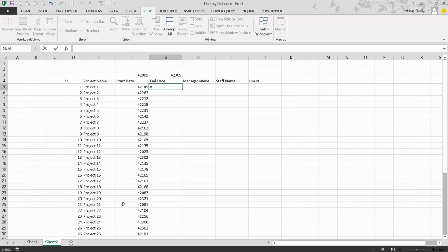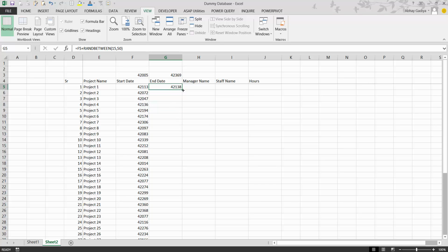So now for the end date, we will be assuming a project continues for at least 15 days and a maximum of 50 days. So the range which we have is 15 to 50 days and we'll be using that as part of our random between function. So plus random between, bottom as 15 and maximum top as 50, enter.